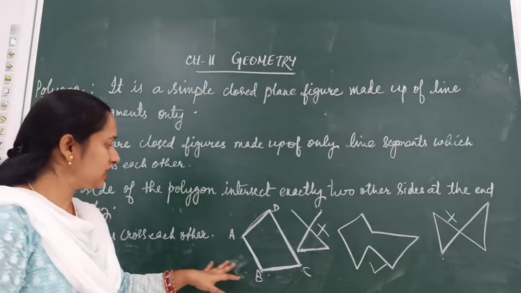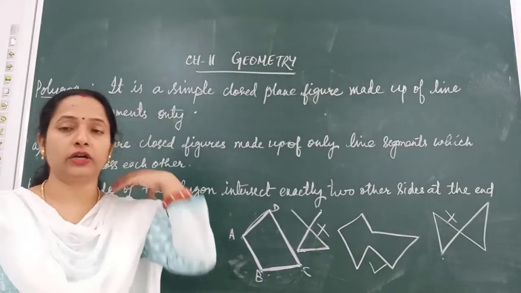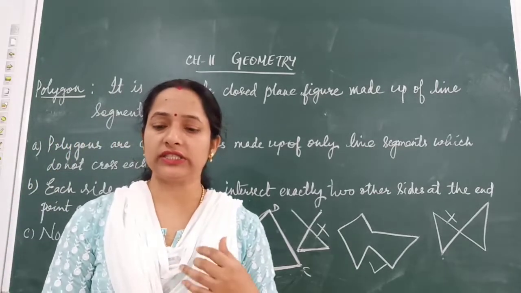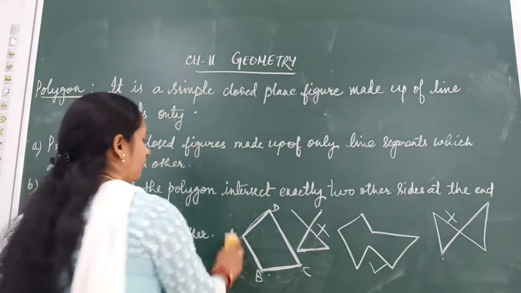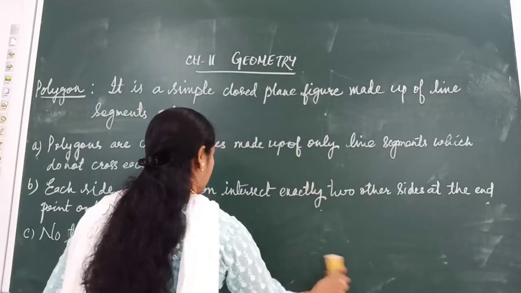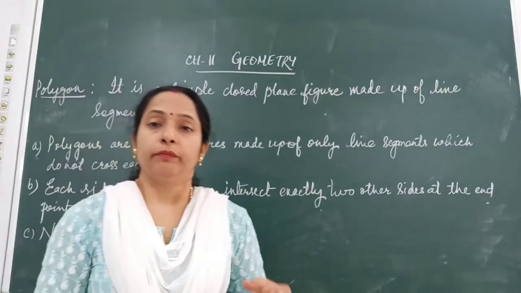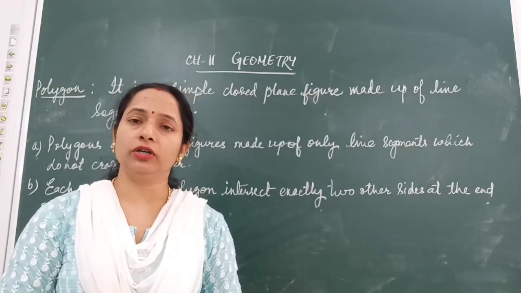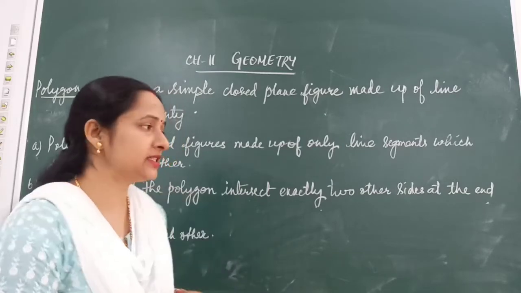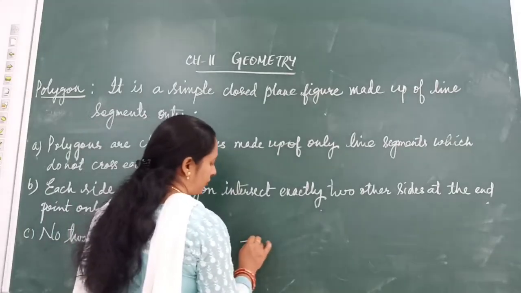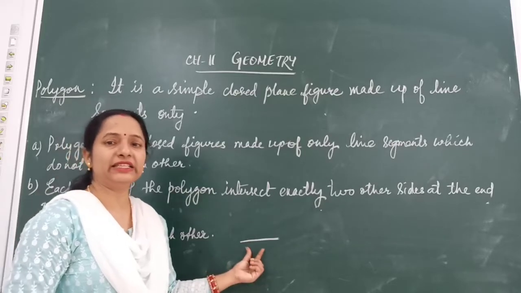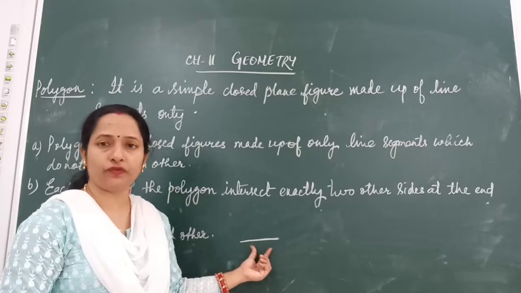So children, these are some basic information about the polygon. Now we have different names for different polygons, based on the number of sides in a polygon. By counting the number of sides of a polygon, we can name a polygon. Such as, first of all, I would like to ask you, with one line segment, can you form a polygon? Can you draw a polygon? No, because a line segment is a single line and it is not forming a closed figure.